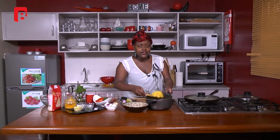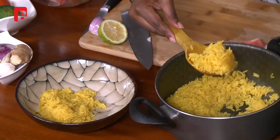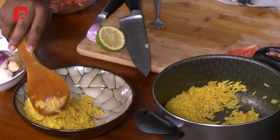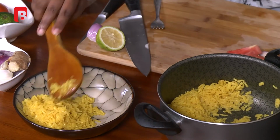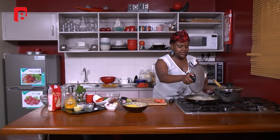And it smells heavenly, absolutely heavenly. Sometimes I wish you could actually smell the smell from the camera, but you know you can't. So you kind of just have to watch with your eyes. Okay, so we have our rice plated. Then just cover the remaining. And then we're going to go ahead and plate our